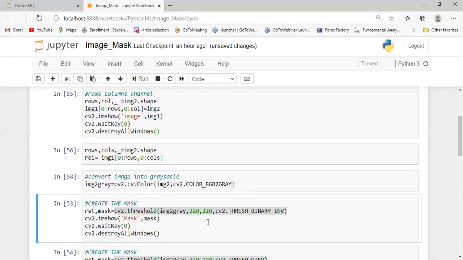In the next command, you have to create the mask using the threshold method. The return is the variable mask equal to cv2.threshold, passing image2gray and the pixel value of the white color. The binary inverse is the method of threshold. You have to convert this image into the mask to remove the background of the image.